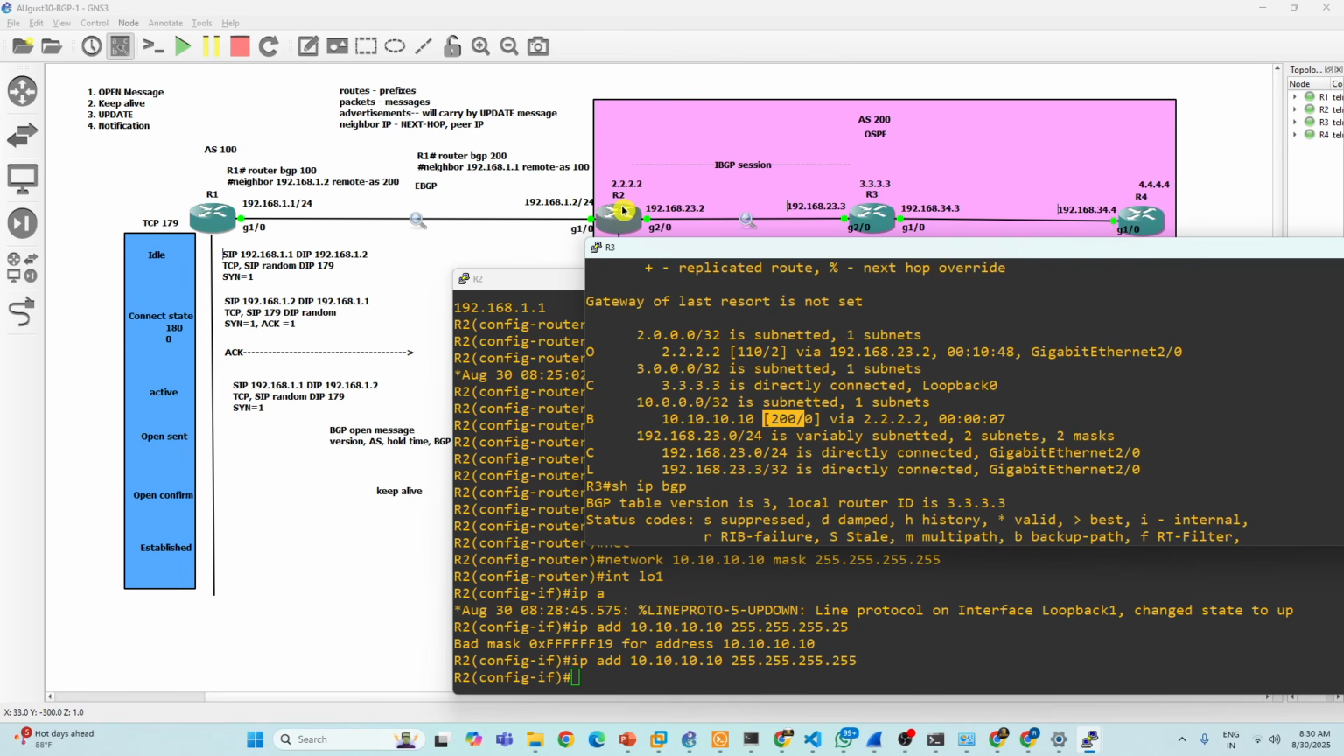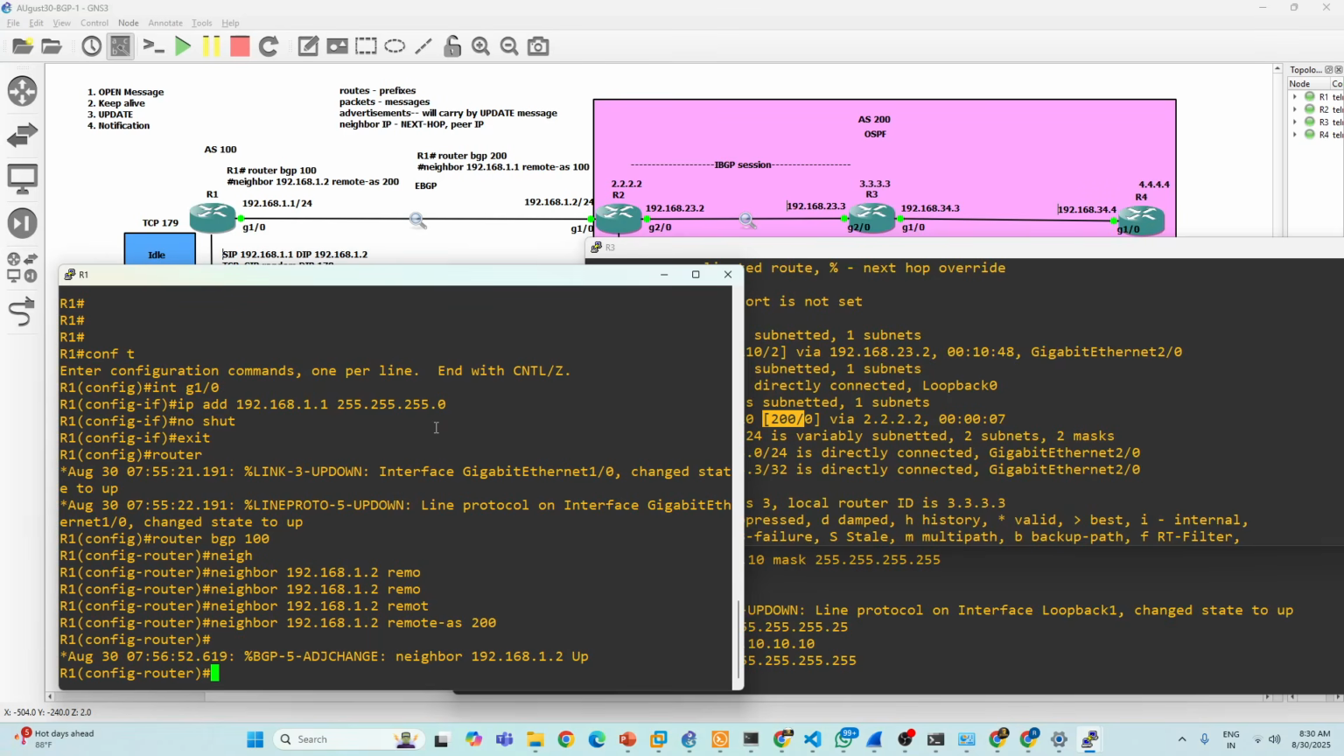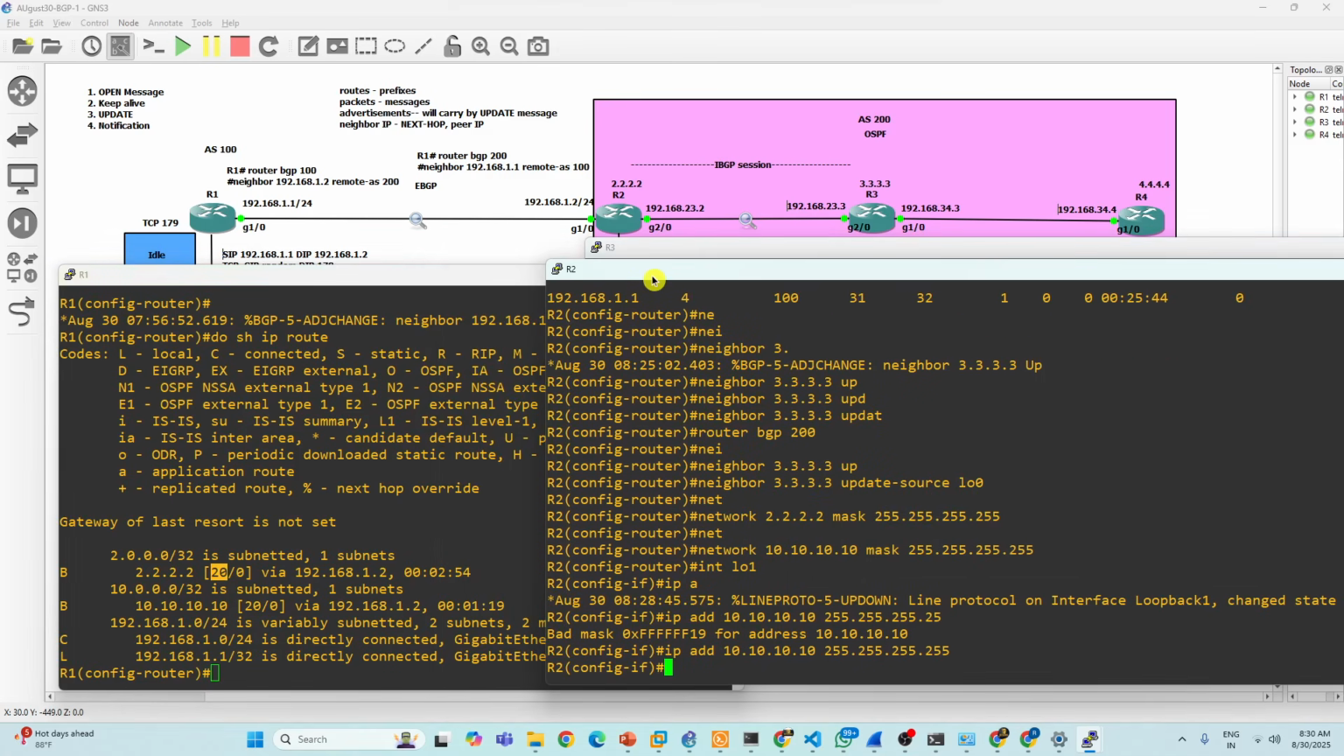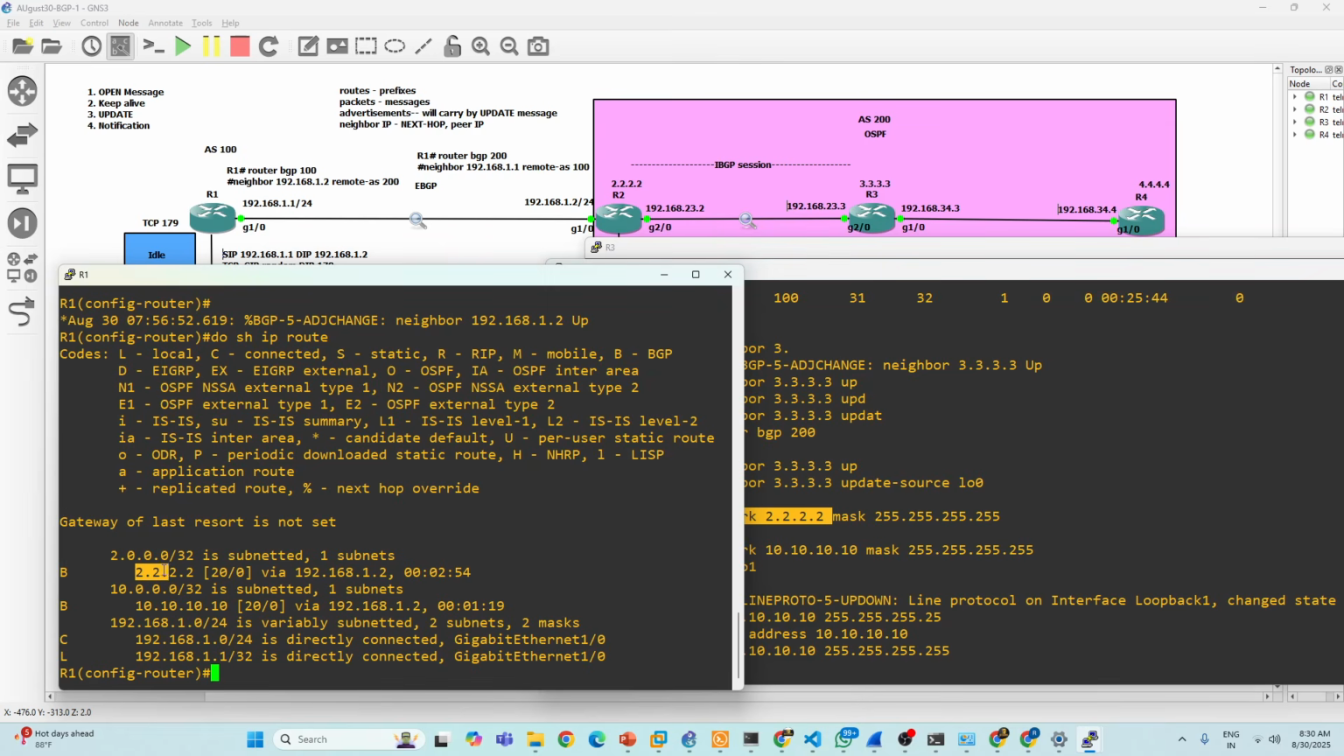Now R1 to R2 it is EBGP, right? So this 2.2.2 I advertised in EBGP. If you go on R1 and do show IP route, you will receive 2.2.2 via EBGP with 20. Understand? Everyone understand? And on R2 I advertised the 2.2.2 network, so it is going to the EBGP peer. Who is the EBGP peer here? 1.1. So R1 is receiving